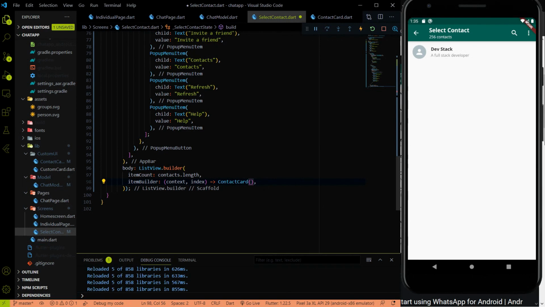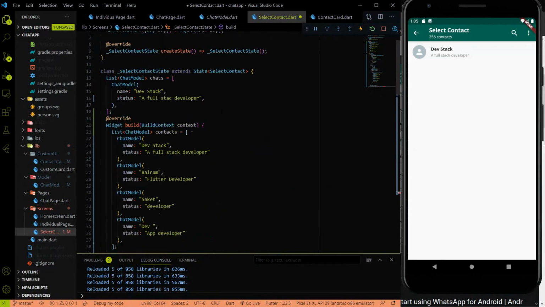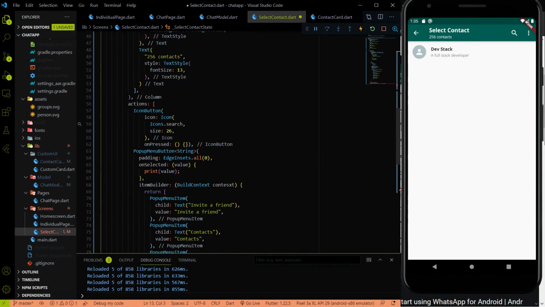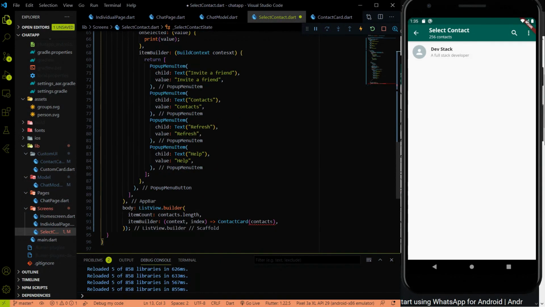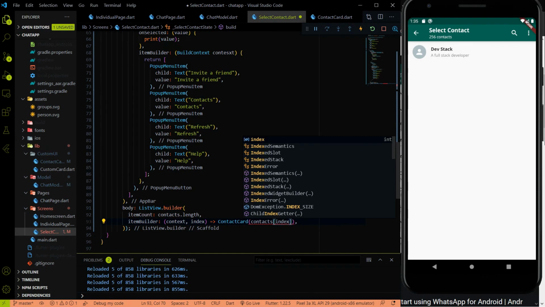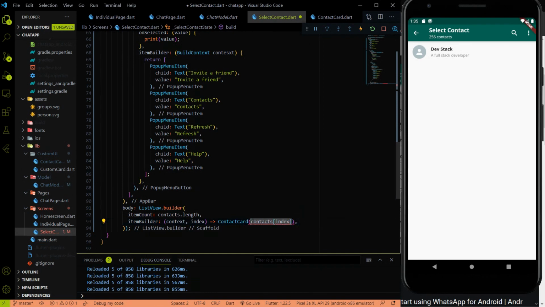Let me pass this individual contact here. To pass it, we have to use the contacts list which we created over here, and we have to pass the individual index element, with the help of the contact.